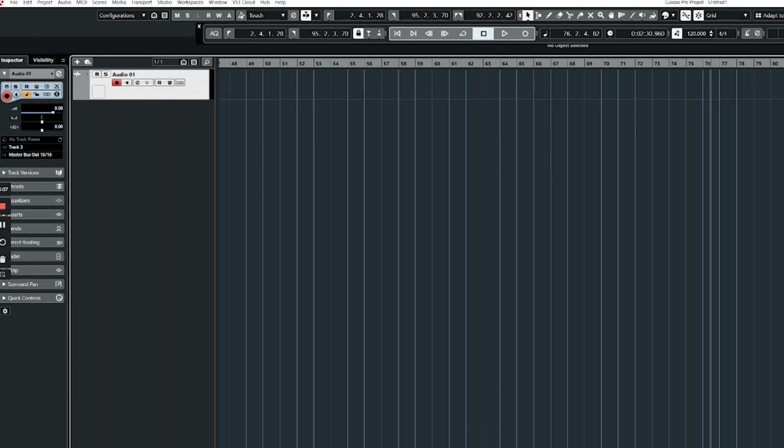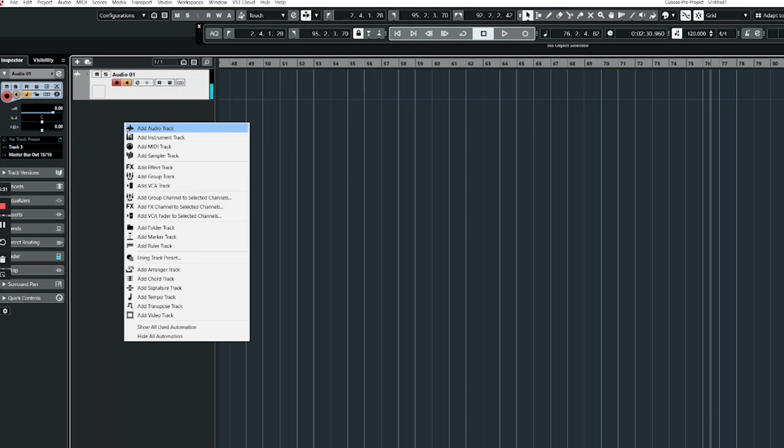So let me show you a few bits in the DAW and how that all works. What I've got is a track set up. As I say, you can see here track free, and it's going out of 15 and 16. So if I push this monitor button, you can hear that the track free is working and the level seems all right. Now, if I add another track,